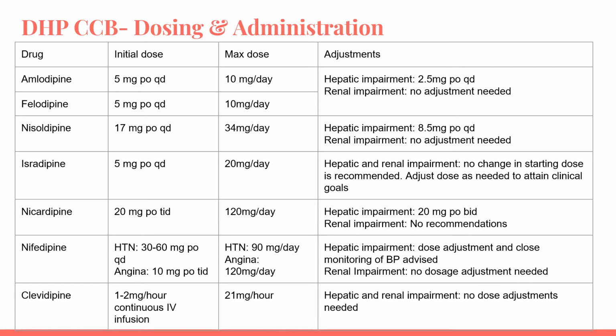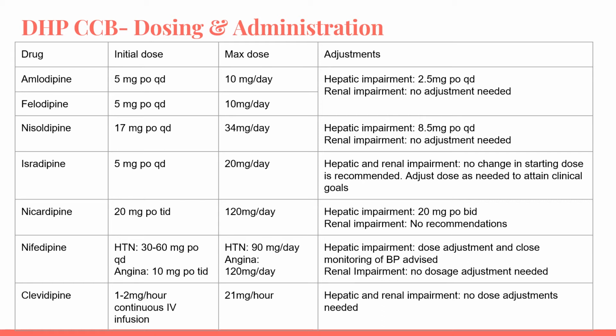For isradipine, the initial dose is 5 mg by mouth daily with a max dose of 20 mg a day. There is no change in starting dose, and we can adjust the dose as needed to attain clinical goals for both hepatic and renal impairment. For nicardipine, the initial starting dose is 20 mg by mouth 3 times a day with a max dose of 120 mg a day. In hepatic impairment, we want to use 20 mg by mouth twice a day, and